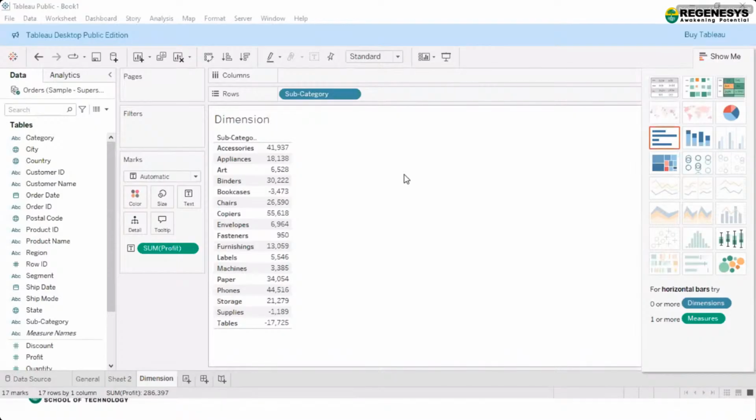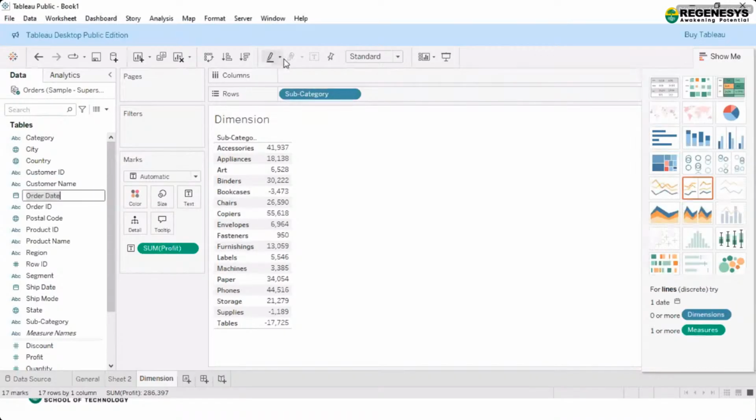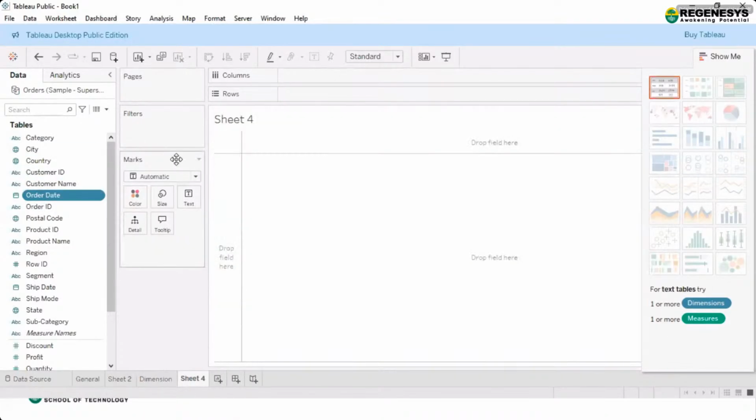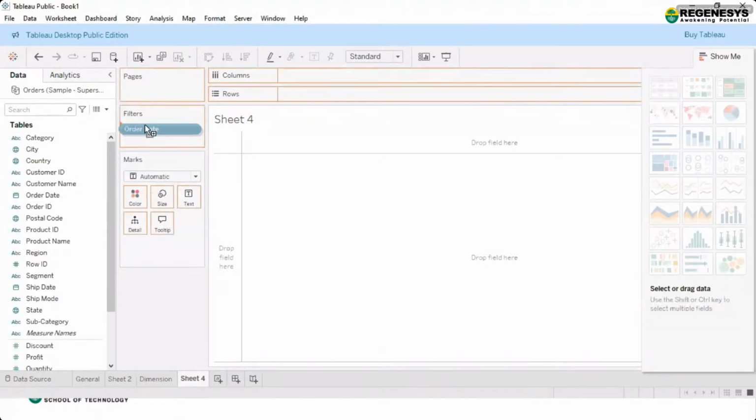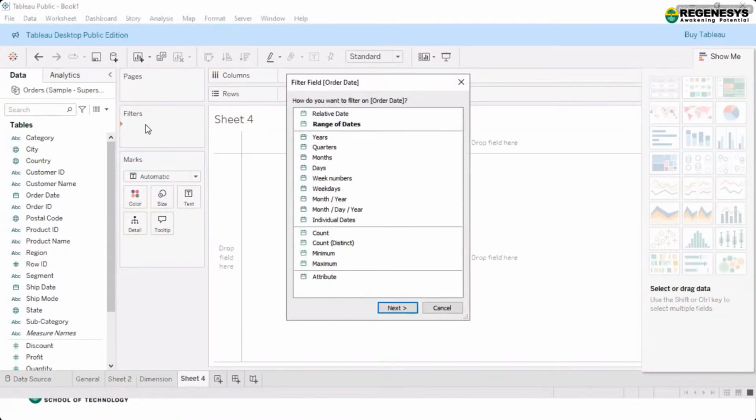So what we have next is, let's say this is for the dimension which we have. Now let's take some date dimension. I'll just remove this, or let's say I'll create a new one so that we will have it for the dashboard. Let's say I'm keeping the filters here. This is an example which will give you a different way of working, with a different dialog box.